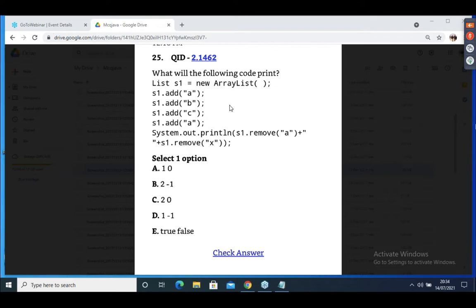If it is successfully removed, it returns true, otherwise it returns false. Tell me what is the output? You know, right?